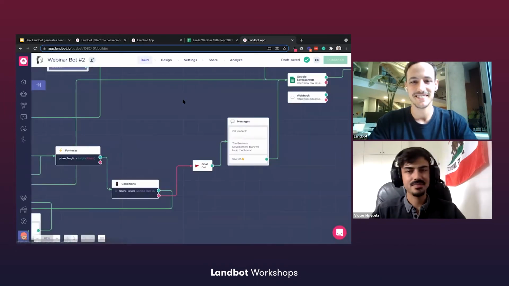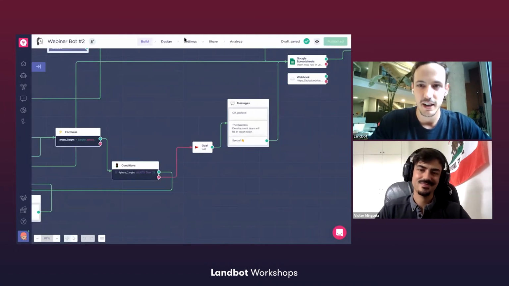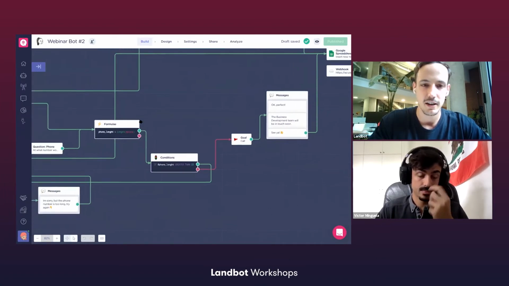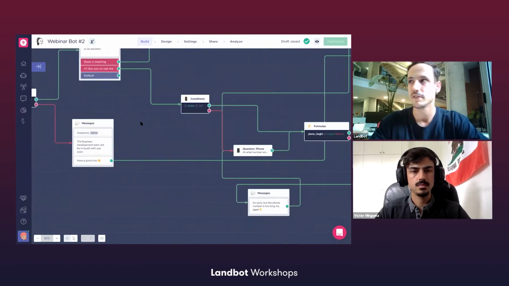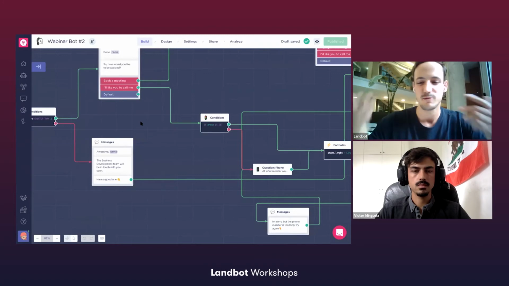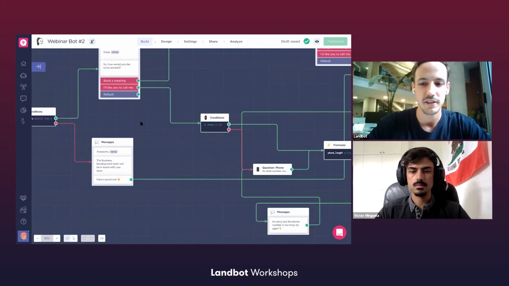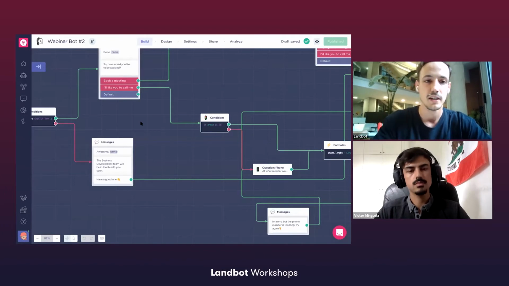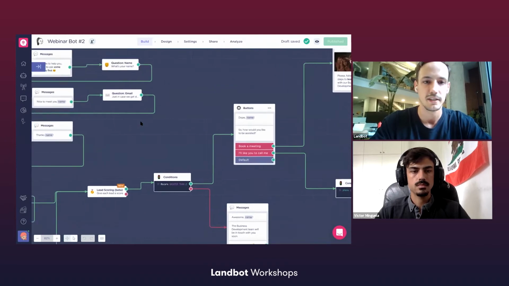Thank you, Chris. All right, so going back to the builder, and I promised I would be talking about formulas, conditions, integrations. Just one clarification, guys. This is a very simplified version of the bot. Originally we wanted to share the real version we were using in our marketing and sales department, but the reality is that it was just way too complex, and too unique to our use case. So we thought of creating this simplified version, to walk you through the different options you have and how you can make it more and more complex. So essentially it's the same thing, just a little bit simplified.